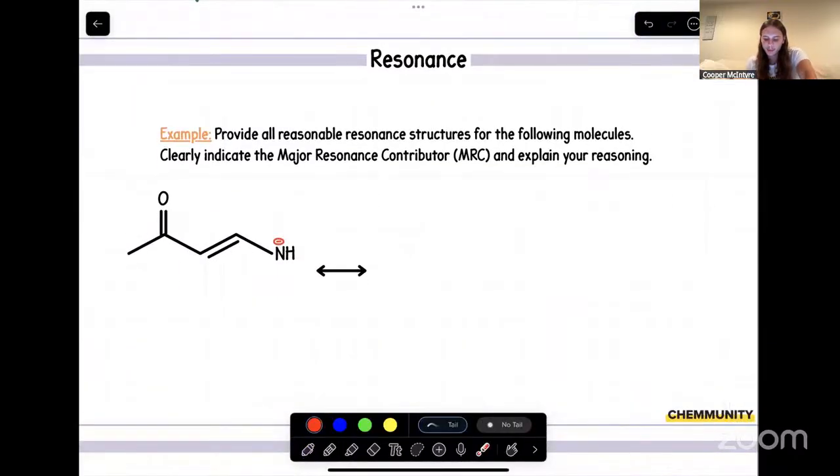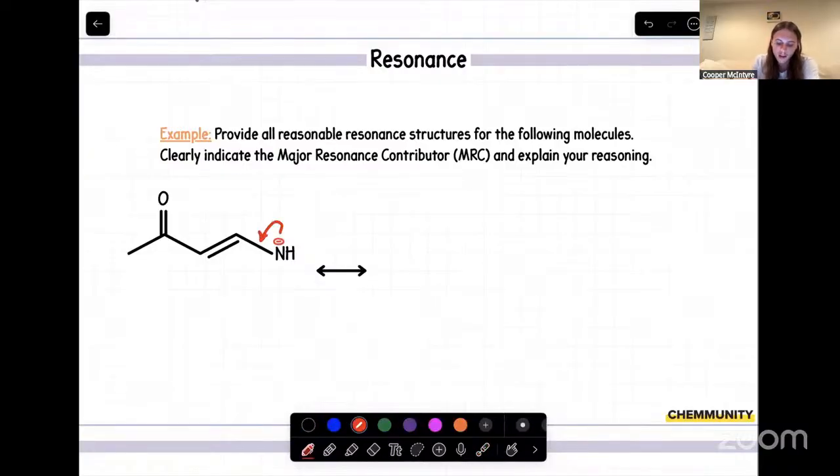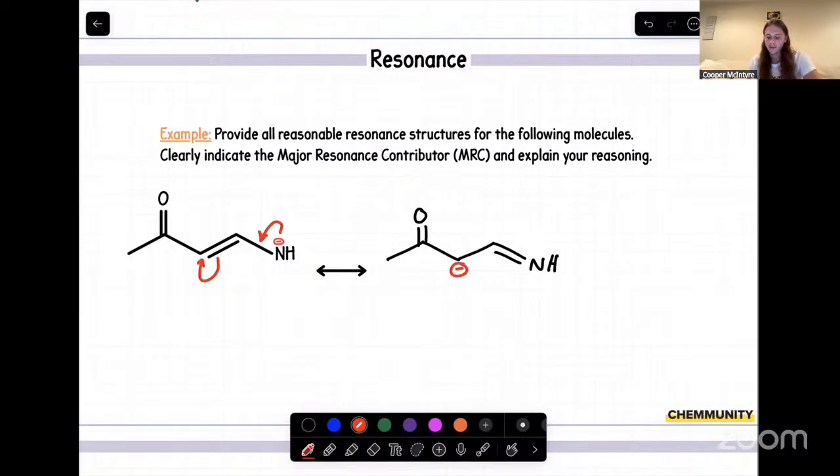Now, for this next example, yet again, we're going to start with our charges. More specifically, in this one, we have a negative charge. So let's see how much we can delocalize that negative charge. In this case, we have a negative charge, yet again, right next to a pi bond. So let's try to move those electrons towards the pi system. Those electrons drop down, form a new double bond. Then these electrons from our pi bond will move up to form some lone pairs.